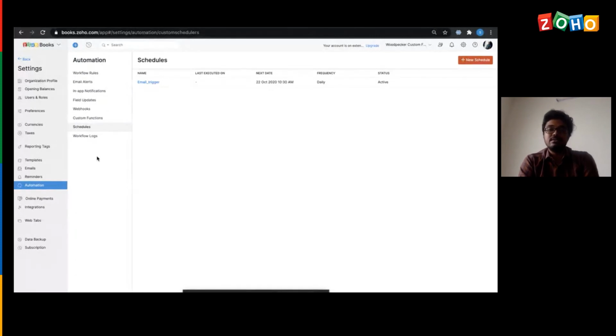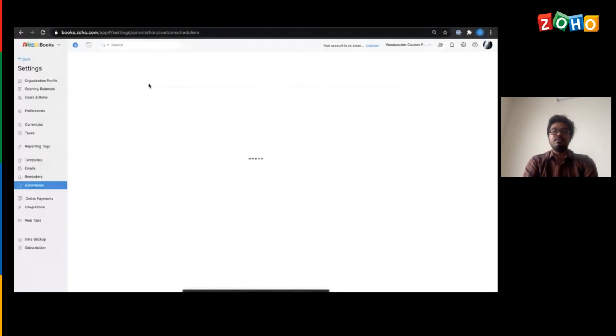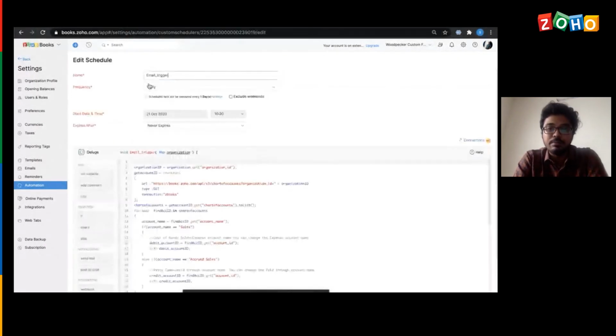But as far as custom schedulers are concerned, we could schedule a time on which a certain action has to be performed, and we could have it performed in the frequency in which we wish to operate it. Here I have set up an email trigger for all the customers with the daily statements being sent over to them.